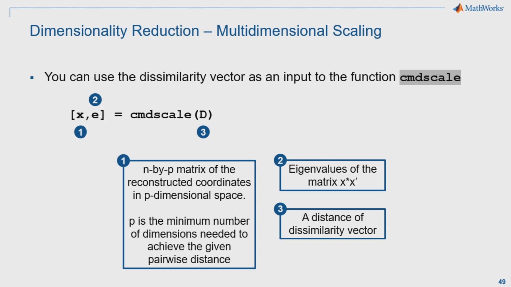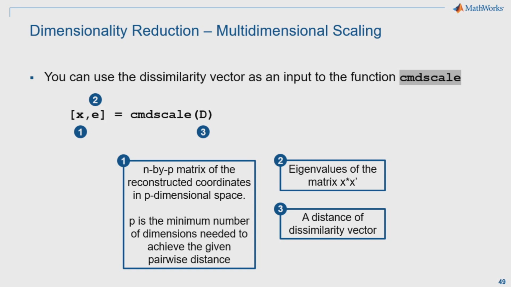So it is not as in the case of PCA that you receive back the principal components, the axes, and the projection of the data on the new axes. Here you just receive back the projection of the data on the new axes and eventually the eigenvalues of the matrix